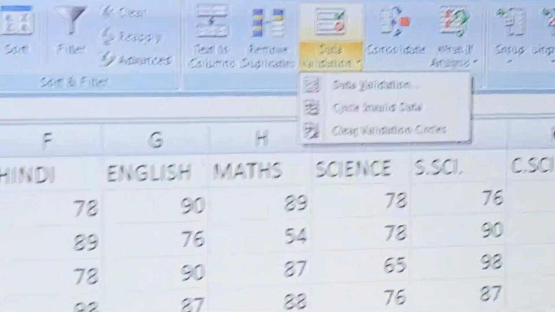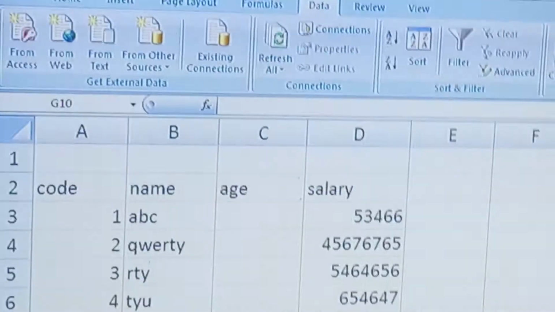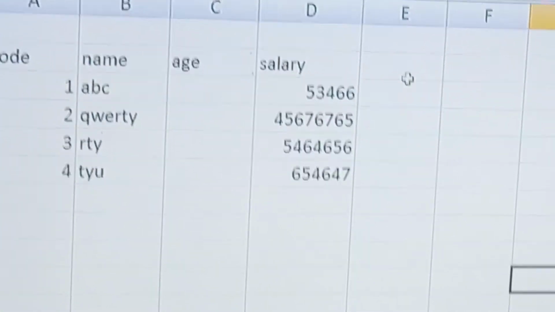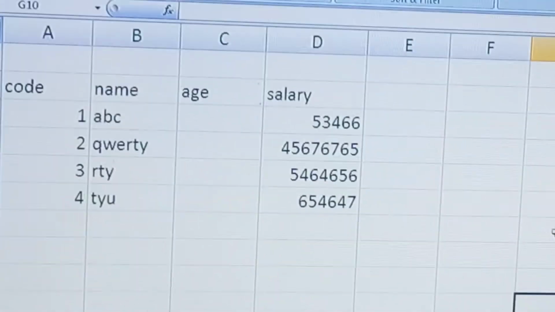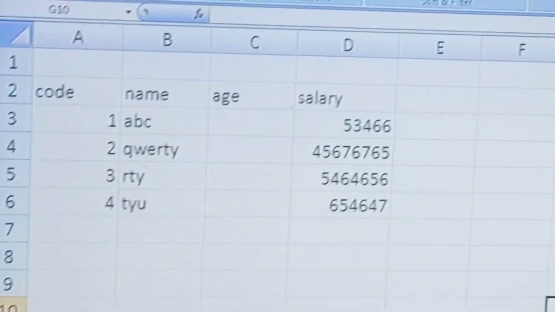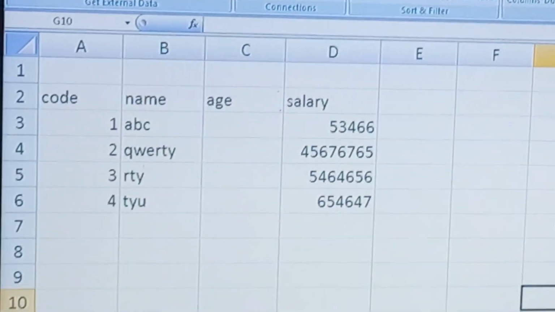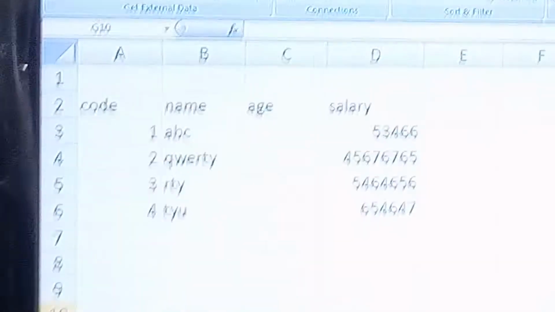Now I am moving to the next sheet. Suppose a database is here. It contains code, name, age and salary, and we want to enter the age in between 21 to 35. So our condition is age in between 21 to 35.